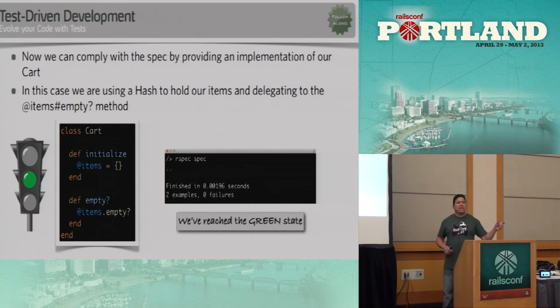Items is going to be an empty hash. I'm also going to refactor that empty method by piping to the empty method of the hash. Okay? It's a pretty clunky implementation, but that's the purpose of TDD. We're going to do the simplest possible thing that came to your mind at that point in time to get things going, and then we'll make them better.